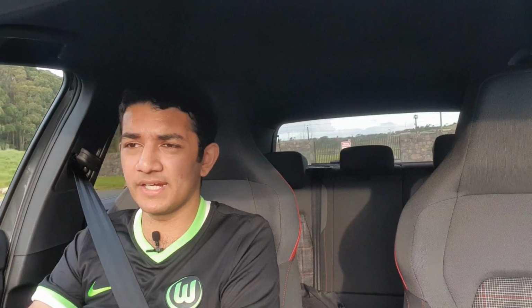But this Mark 8 is really different in that sense. When I sat down, well, these tartan seats seem very familiar, which of course I love. And the steering wheel with the flat bottom and everything, again, familiarity there. But looking in front of me, that gauge cluster with the new dials laid out, that was a big change from the GTIs that I've been used to. And similarly with the infotainment screen and the way everything is laid out, make no mistake, this Mark 8 Golf has been a big departure from the previous Mark 7. But as we know, change isn't actually always bad. It can be very good, and you never know until you try, right? And certainly Volkswagen have given it a good strong go,